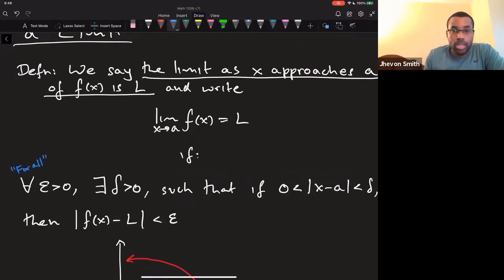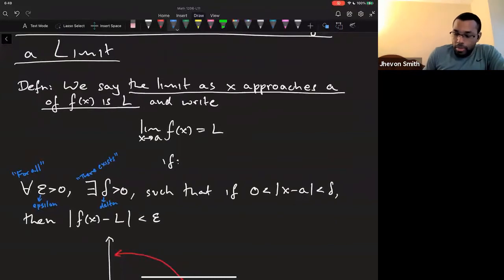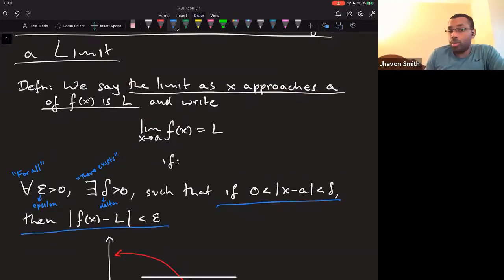If for all epsilon greater than 0, epsilon is a Greek letter, there exists, this backwards E is "there exists," a delta greater than 0, this is lowercase delta, another Greek symbol, such that if the difference between your x and your a is less than delta, then the difference between your output and your L will be less than epsilon. In other words, this is saying that if the x values get close,